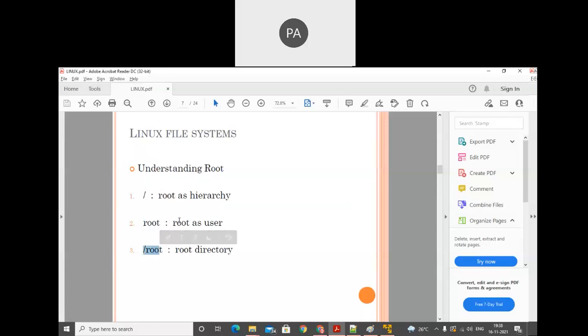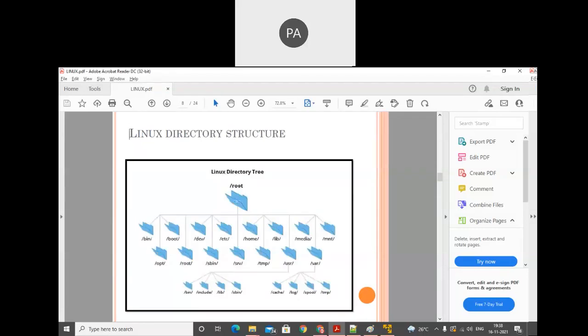Just for understanding, remember that slash means where OS is installed. This one is the main root as a user. Okay, it has the highest privileges. It has no restrictions, it can go anywhere inside the system. It has higher privileges, and slash root is there. That means the working directory of